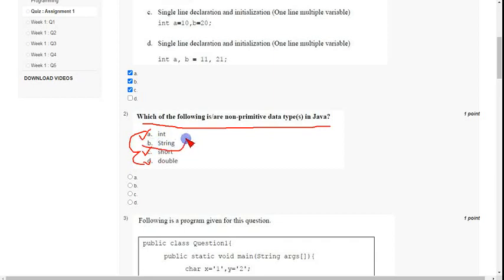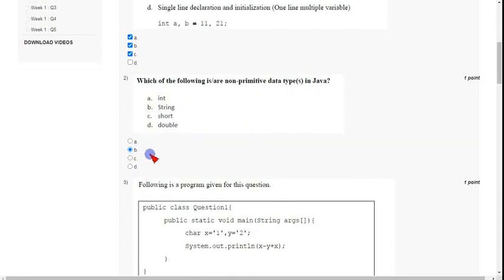Only option B is a non-primitive data type, so mark option B as the correct answer for the second question. String is the non-primitive data type because you can see the difference. It starts with a capital letter. Non-primitive data types start with a capital letter and primitive ones start with a small letter.